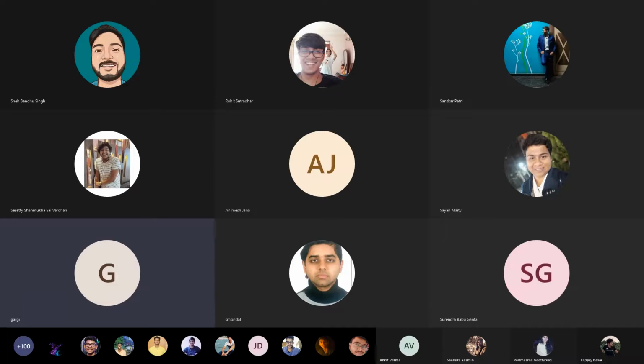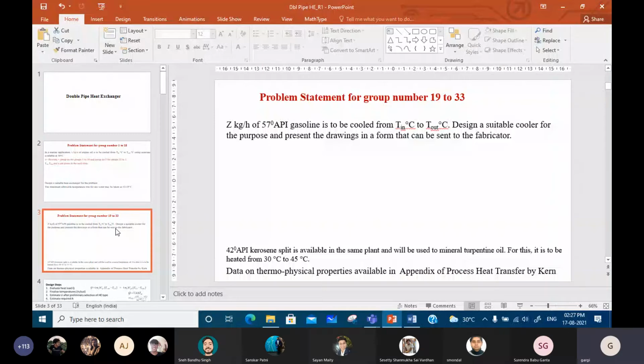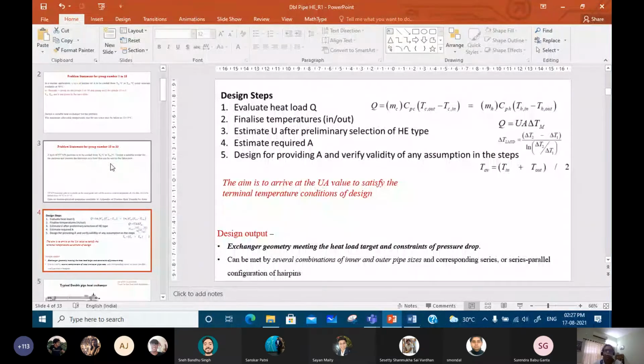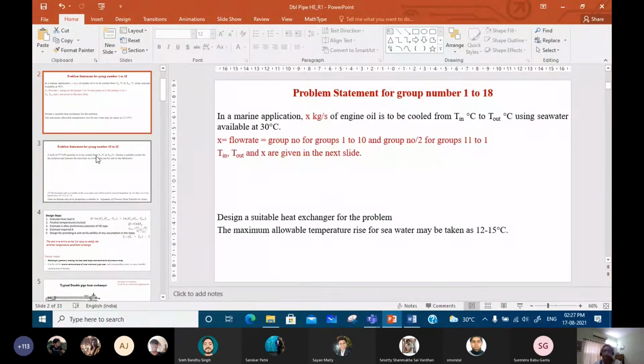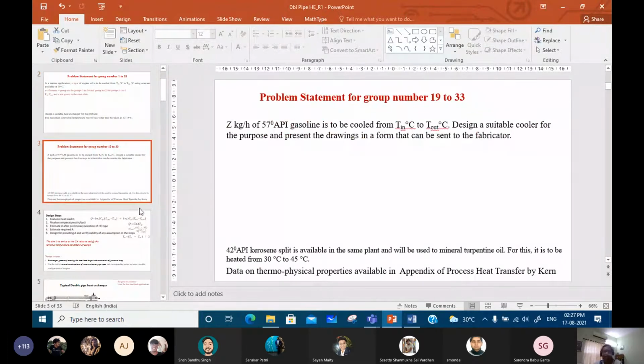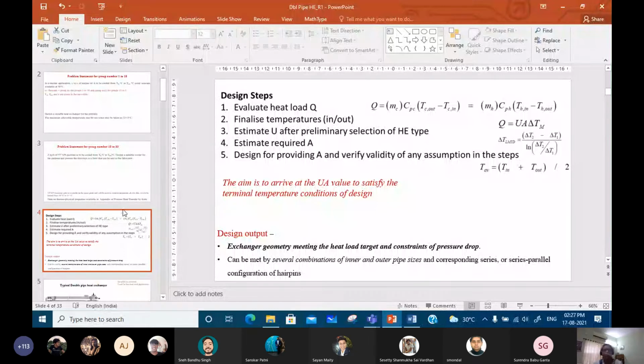Choose the parameters for the design. Right. So therefore, if you see any of the problem statements, you see the mass flow rate, inlet and outlet temperatures are given, and then definitely you are supposed either to find... The coolant is also available, that is also specified, and the maximum temperature increase of the coolant that can be allowed is also provided to you. Perfect. So more or less there are several things that are provided.